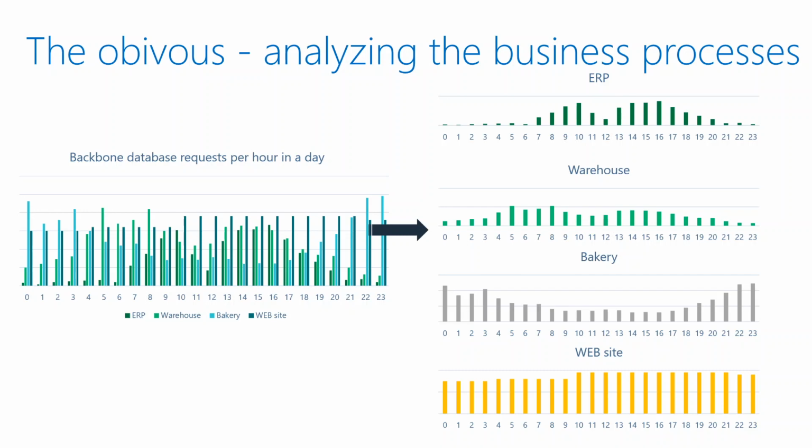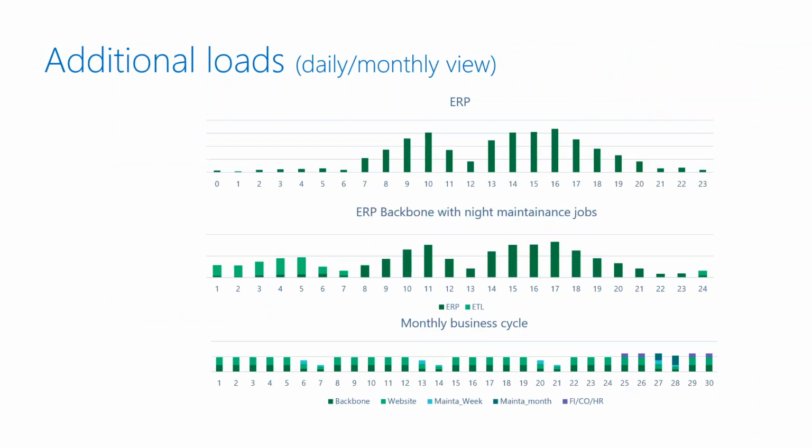Whereas, let's say the bakery, there are quite a lot of computers nowadays in the bakery as well, and you can see the trend is completely opposite. During the day there is little activity, but starting from 6, 7, 8 in the evening and all the way to 2, 3, 4, you can see there is quite a different pattern of behavior on the systems versus, let's say, ERP. And this is what I'm saying is the common sense that you can use when analyzing the workloads.